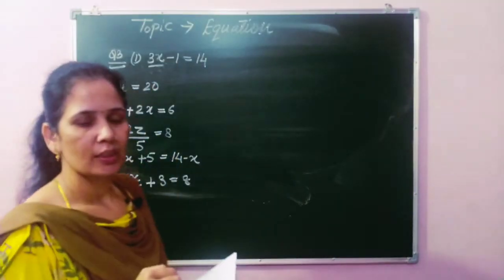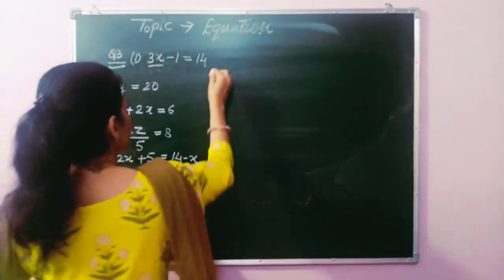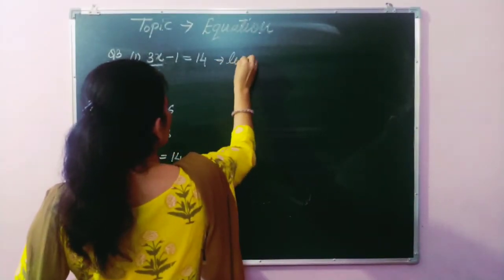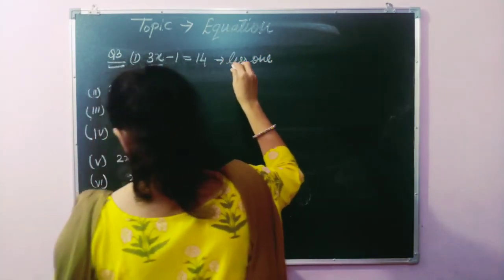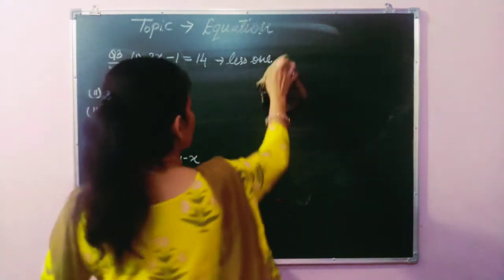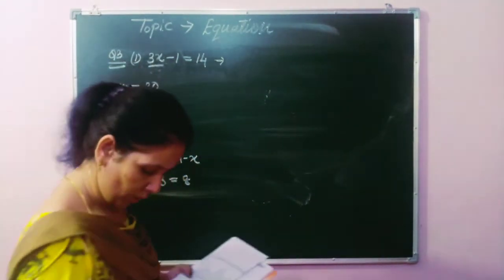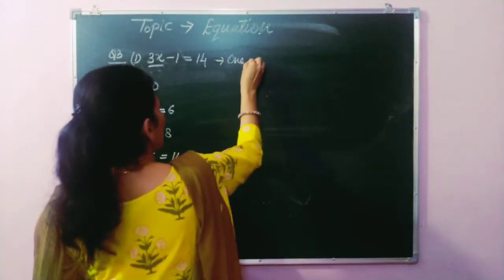And what we have done here is subtract 1. Subtract 1, so we can say less 1. So we will write here in the statement less 1. Otherwise we can say 1 less. Otherwise subtract 1. In any way, students, we can write 1 less,